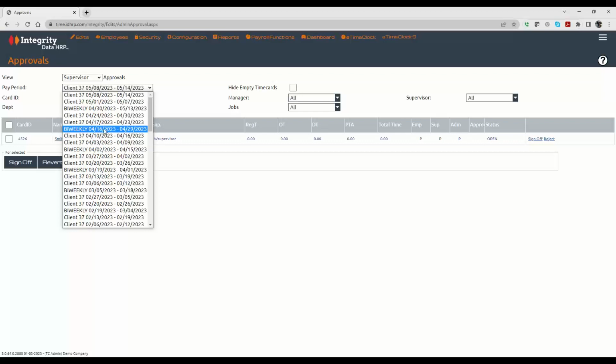we're going to make sure we're in the right pay period. You may or may not have one or more pay periods depending on how your setup is. But for most people, it's just going to be one pay period. And I'm going to the last pay period, the 16th to the 29th, as the 30th in the biweekly to the 13th is still open. And I don't want to approve those. More than likely, you won't have the ability, or this would not even show up in the current pay period